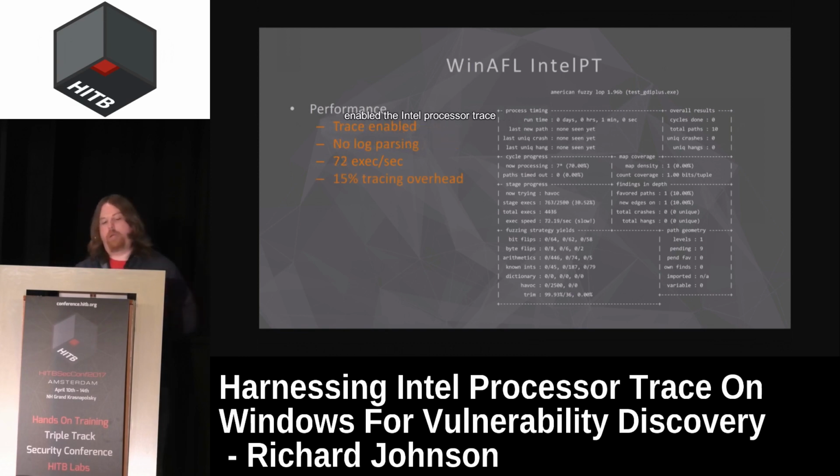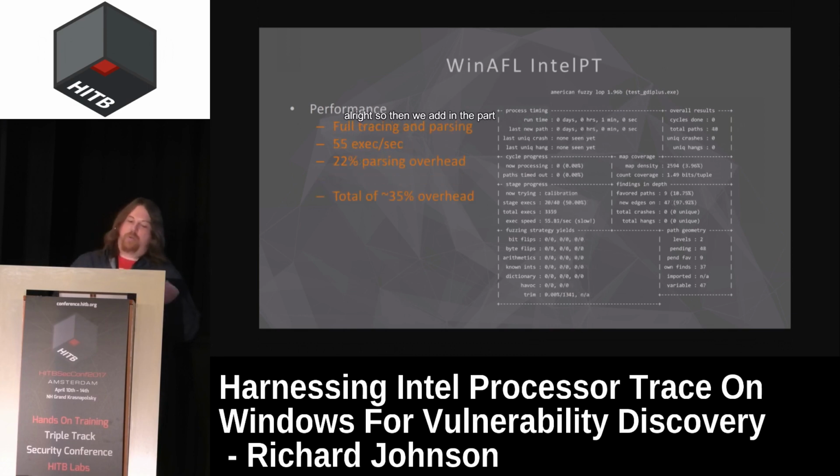Then I enabled the Intel Processor Trace without logging the output, just to see what runtime hit we're getting here. The docs say it should be about 15%. Is that what we're seeing? Yes, in fact, it was almost exactly 15%. So we went from 85 down to 72 executions a second. Then we add in the parsing of that log file with the binary logging, and we're down to 55 executions a second, which was another 22% parsing overhead. So in sum, we hit about 35% overhead on doing the Intel Processor Tracing and starting a new process each time,